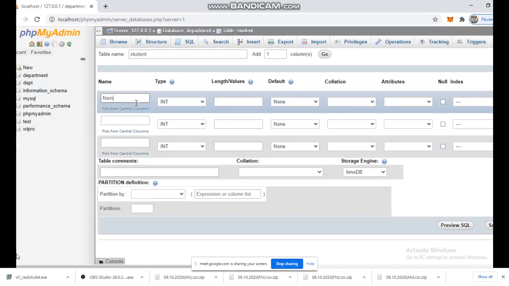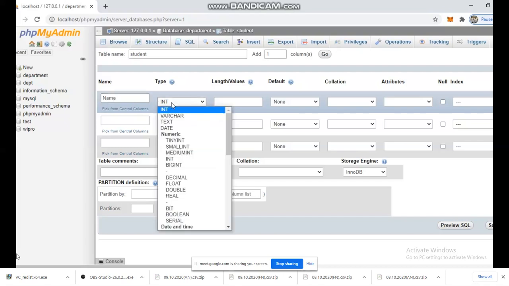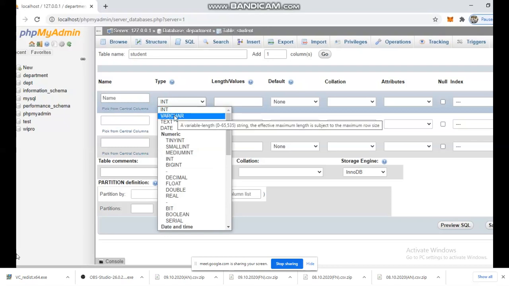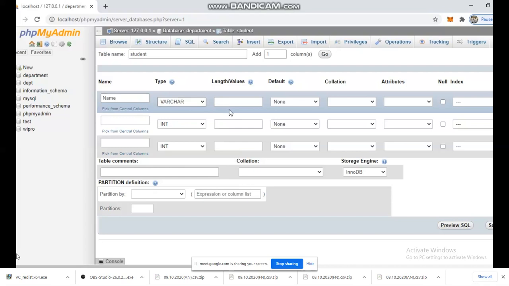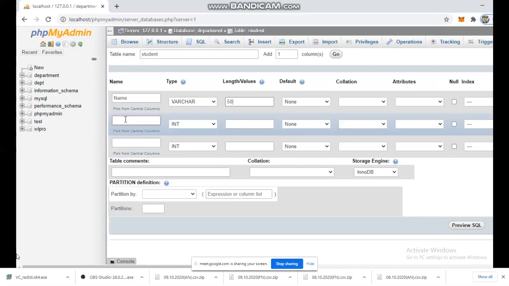So in the department on the left side, you can see the database department has been created. Within the department, we have the student table. The name of the table is student. Name is varchar, right? Varchar represents a string, as in our Java, in database environments, MySQL or Oracle, whatever it may be. He has given the size of the name as a maximum of 50 characters.